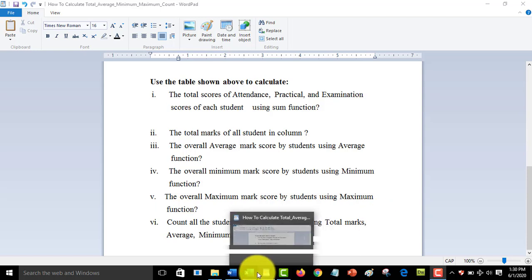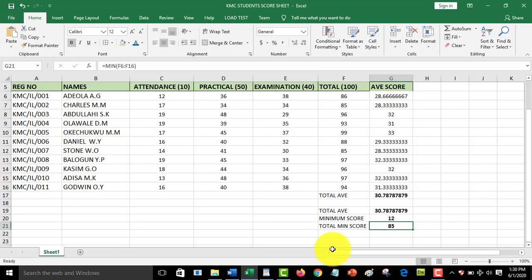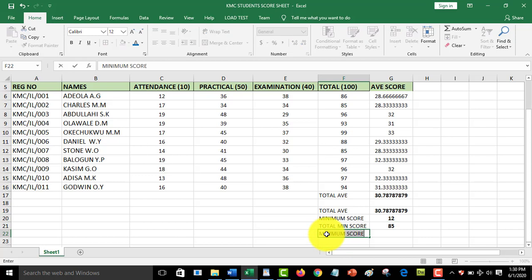So this is also like what we have done before. We are asked to look at the entire figure and look at the maximum score. You might do this for the total, but let's do it for the